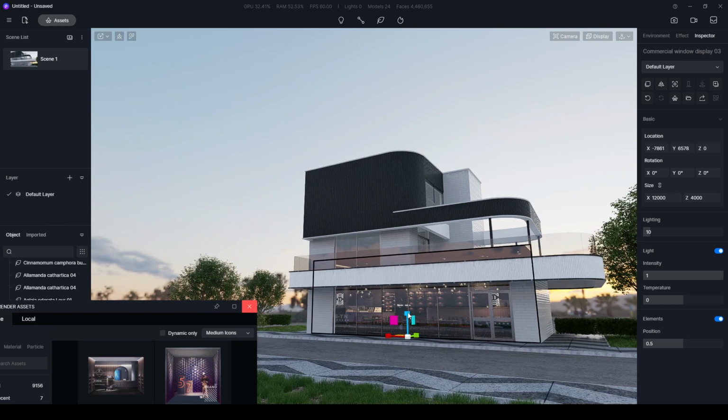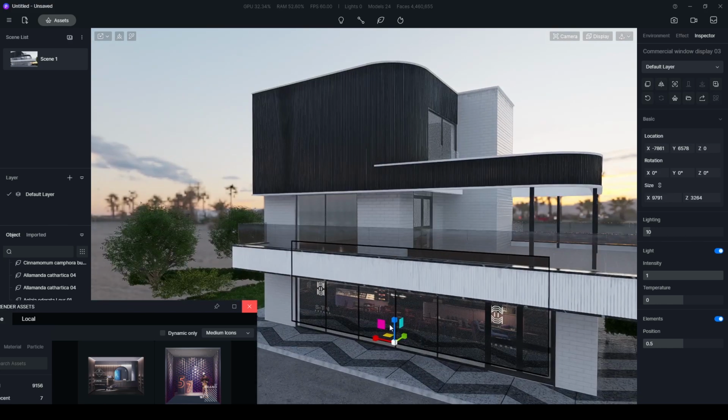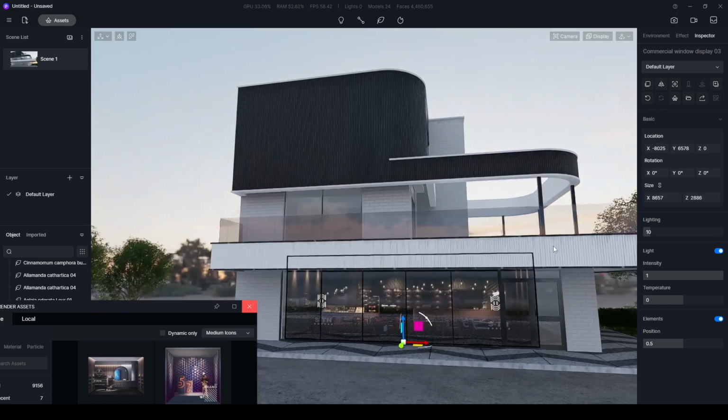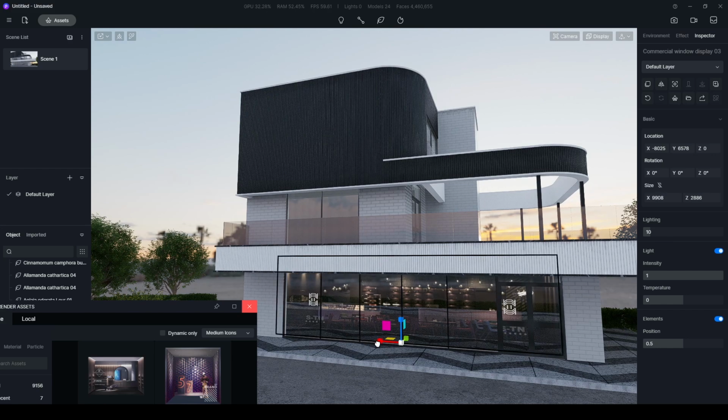Hit the V and scale it down. Hit the V once more, uncheck this size chain and scale up along the Z axis, the red axis. Just like this.